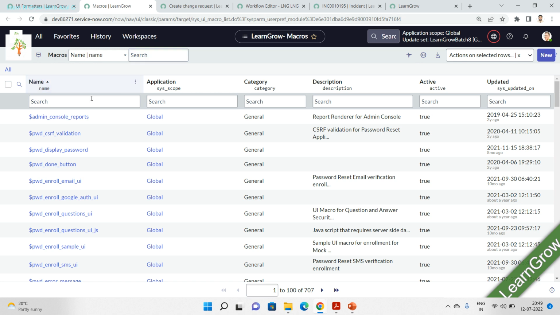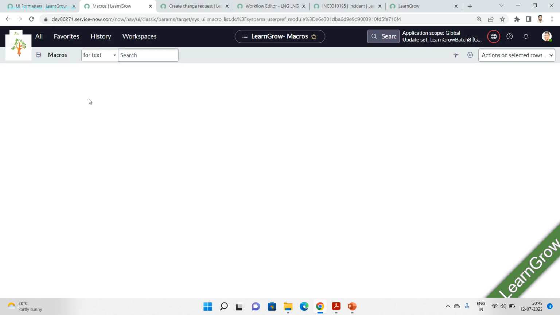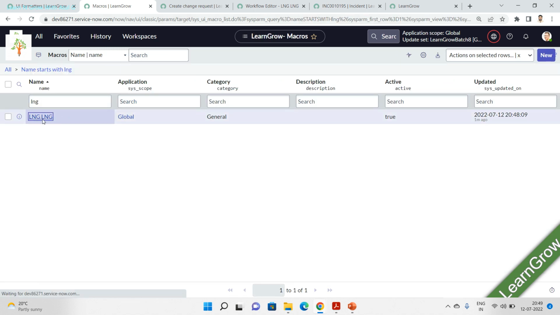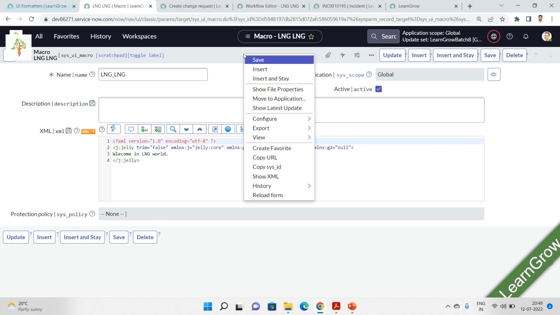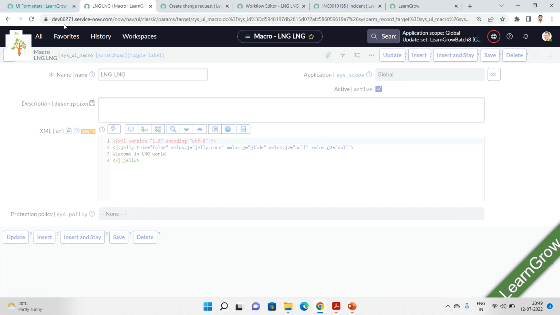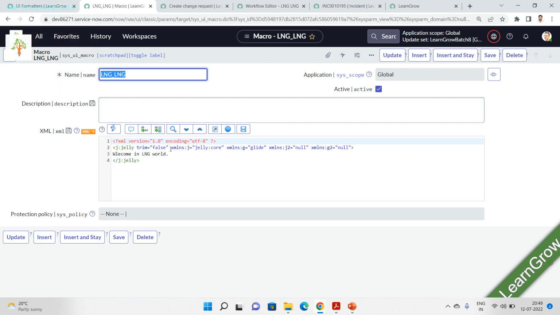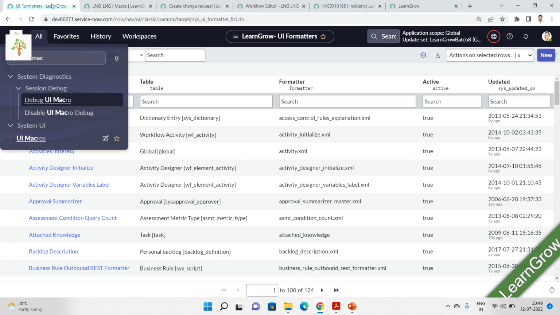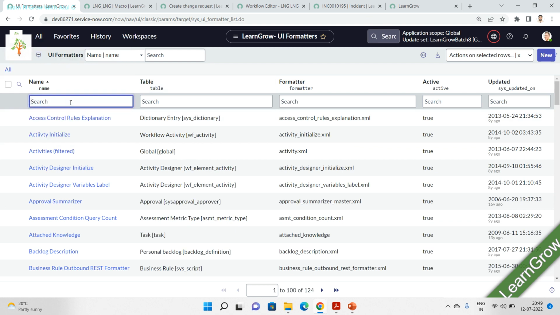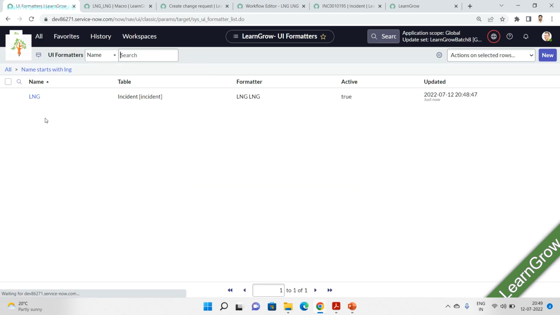Okay, and then LNG, and then let me put like this LNG underscore like this, so that it is easy for me to call this particular XML here. Okay, like this you can do that part, or maybe you want to check, you can check this part, and now you can come here and open the UI macro LNG